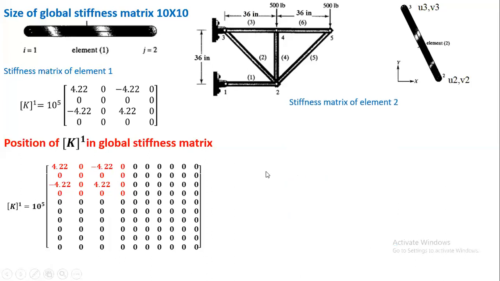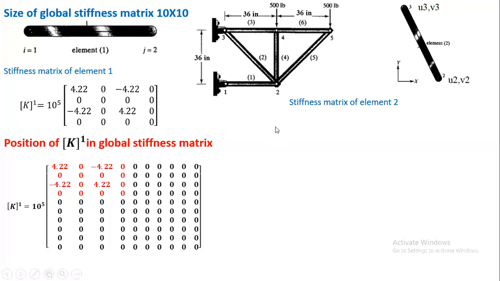Next one, for element number 2. Now if you observe the element number 2, this node is 2, corresponding to u2 and v2. This node is node number 3, corresponding to u3 and v3. Now here if you consider this term, it is corresponding to node number 1, and node number 1 is not connected to the element number 2. So